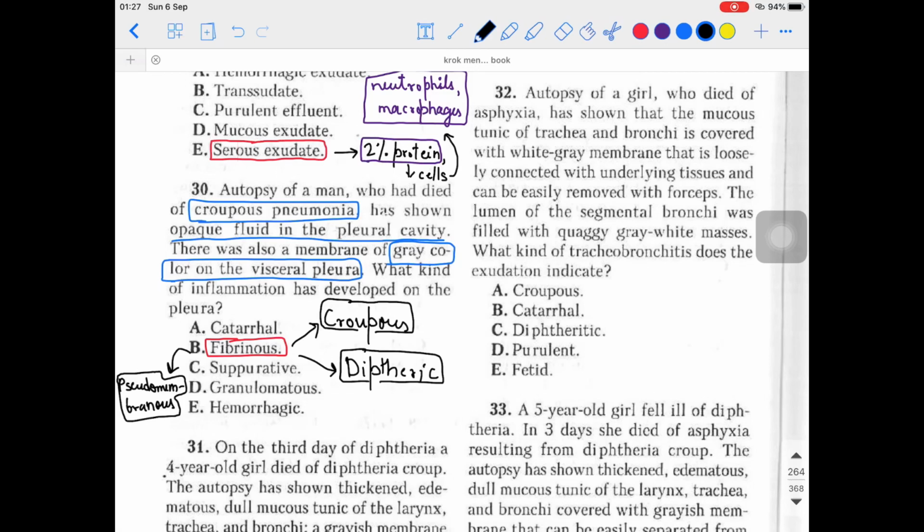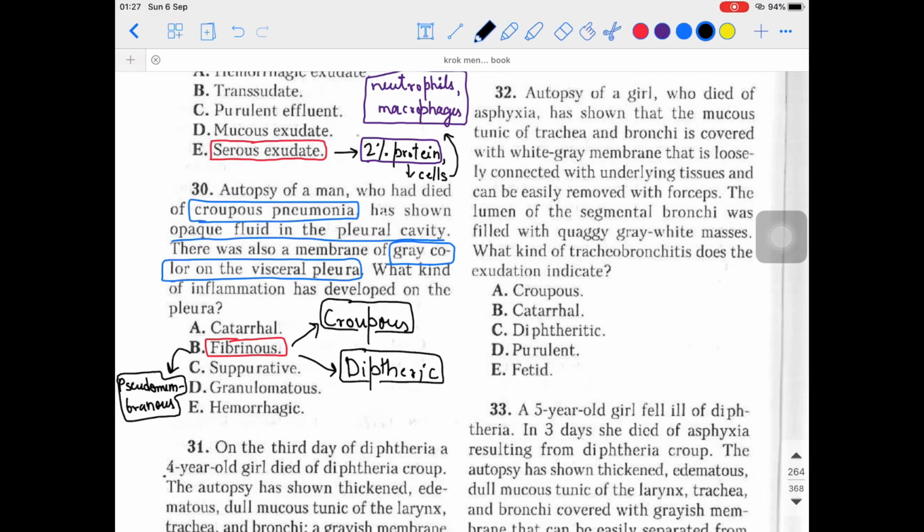As this kind of inflammatory response comes with the contact of these toxins, there is denudation or desquamation of the epithelium. And what happens is that plasma adheres to the surface and coagulates over there. That's why you sometimes have a white kind of plaque in the oral cavity, which is either hard to remove or easily removed. If it is hard to remove, then we say it is the diphtheric kind of fibrinous inflammation. These are the kind of things they usually test you on in MCQs.